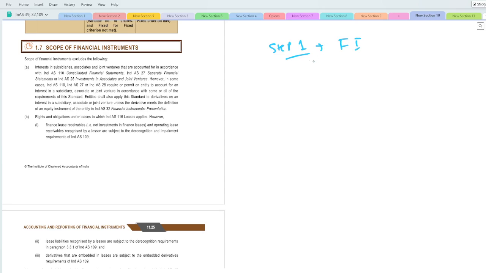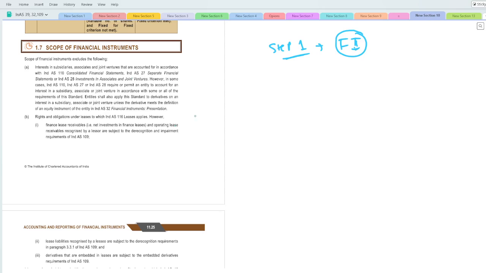Scoping out means you are telling that on this particular financial instrument, the transaction which is a financial instrument, it is coming under the purview of IAS 32 or IFRS, Ind AS 32 and Ind AS 109, but due to the scoping out, it is going into another standard. That standard is capturing that thing. So that is the logic, and we will try to follow this logic. But in between, some dots are missing.